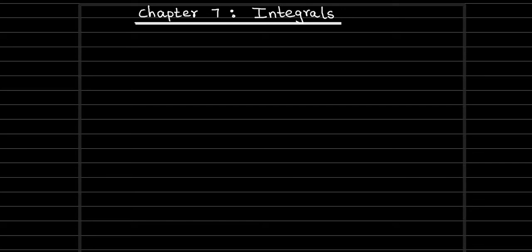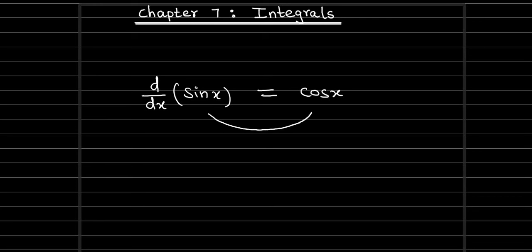In Chapter 5 we have learned, if any function is given, how to find the differentiation. For sample purpose, I am going to take one function now, the sin x function. The differentiation of sin x is what? The differentiation of sin x is cos x. This one we have learnt. So the derivative of sin x is cos x.